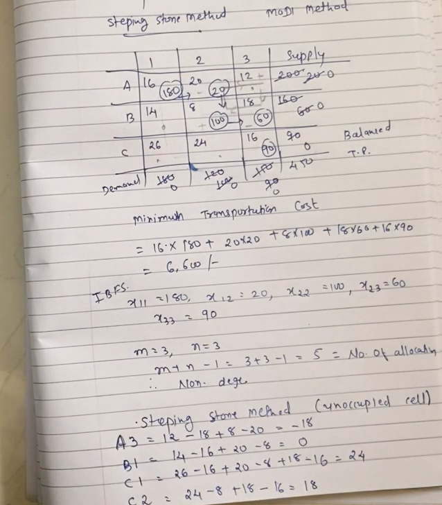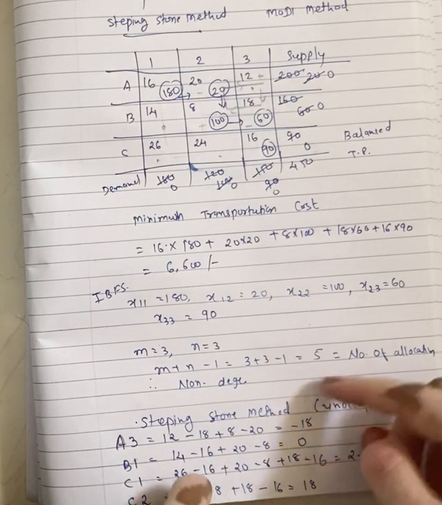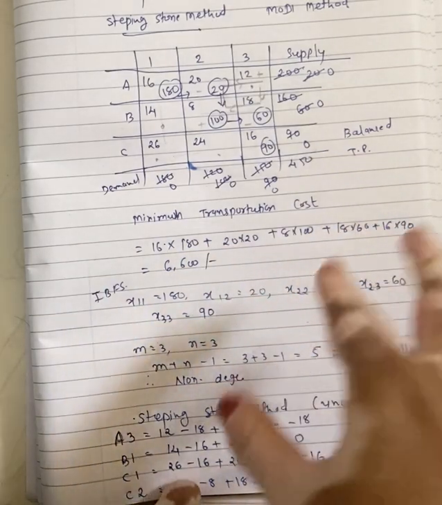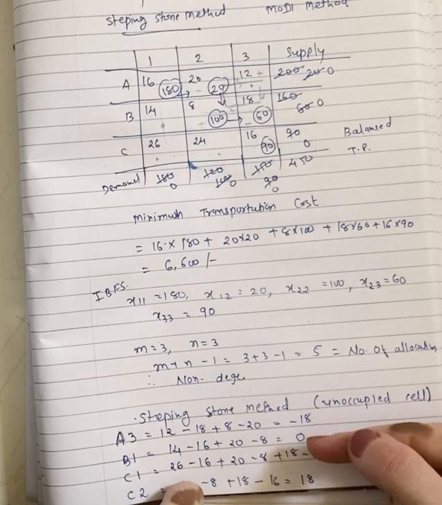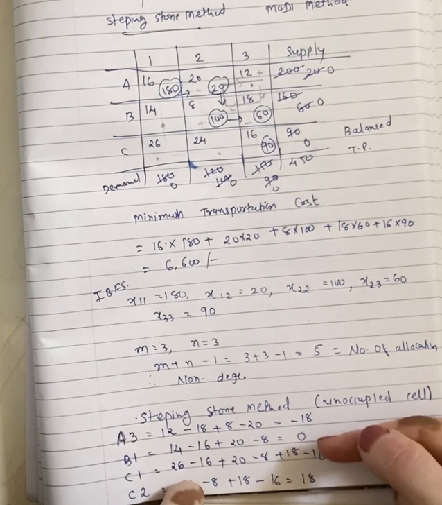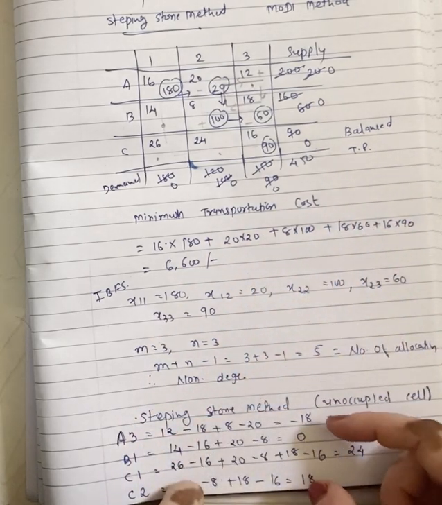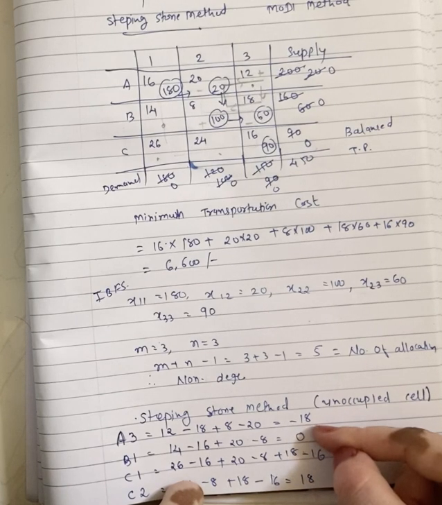There is 1 negative. If all are positive, then our solution is optimal. If all are positive, then the solution we have found is optimal, there is no other choice. But if there is any negative, you have to find the optimal. Okay, you have to find the next solution. If there is 1 negative, then there is no problem. If there are more than 1 negative values, then you have to select the most negative value. Okay,